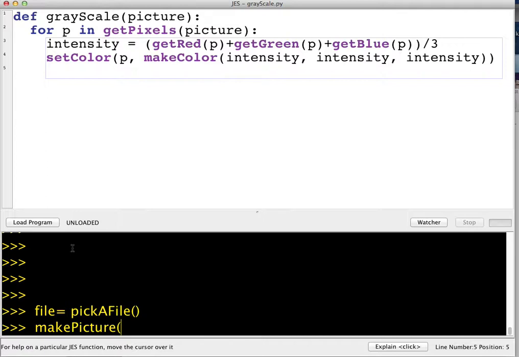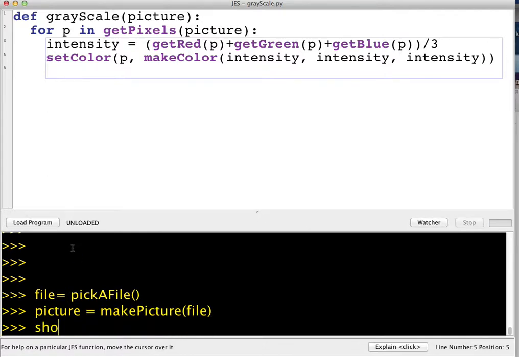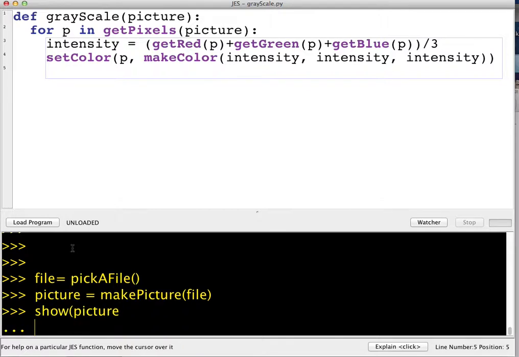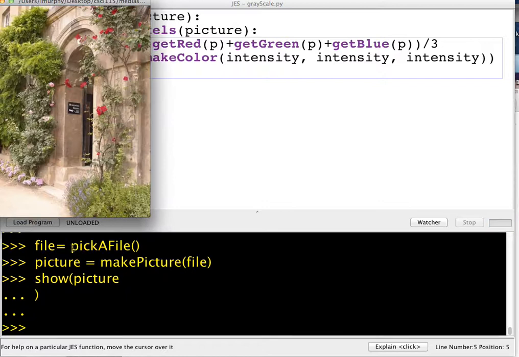You can do this with any of the pictures in the media sources or that you've downloaded. Oh, I need to save that in a variable. picture equals makePicture from the file, and if I show the picture, forgot my parentheses. I have this picture of an arch here,